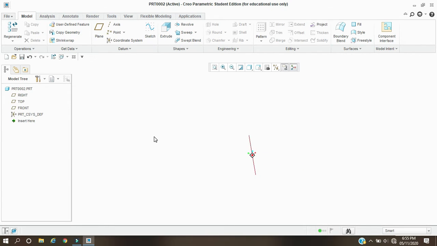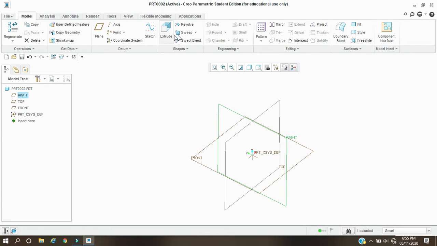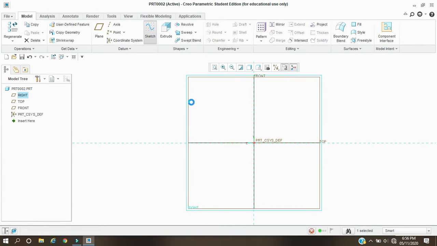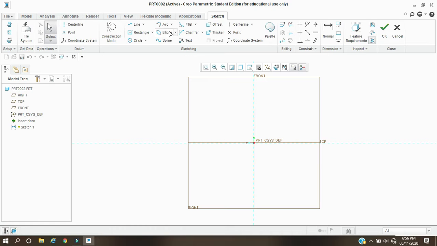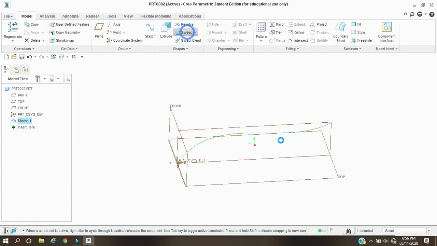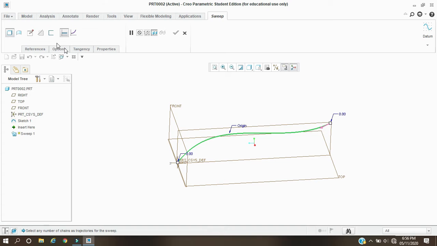Now you can see this sweep as a thickened sweep, or thickness we can add over the sweep section. For example, first we need to draw a spline or a guide curve, then select a sweep, select the trajectory and draw a cross section.